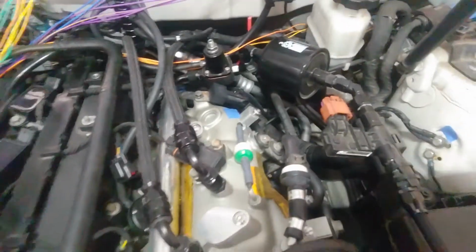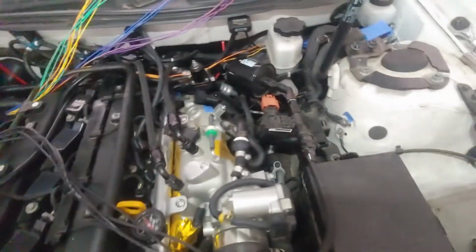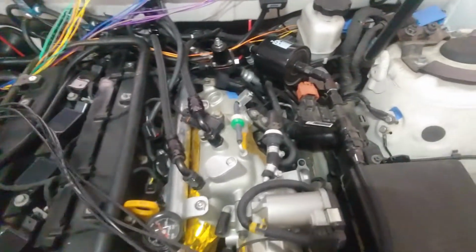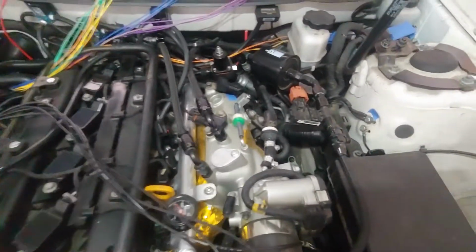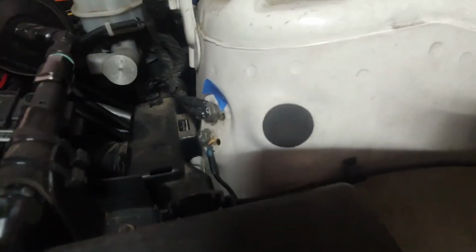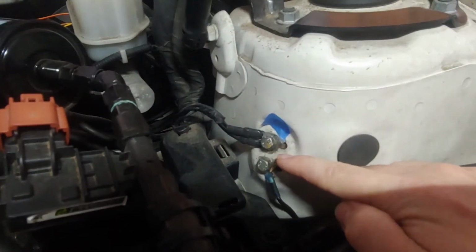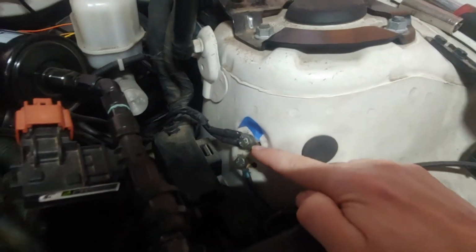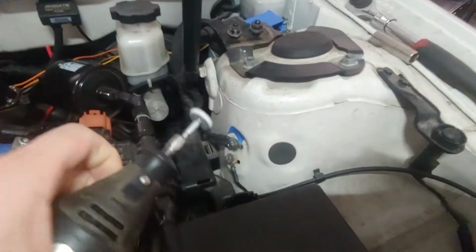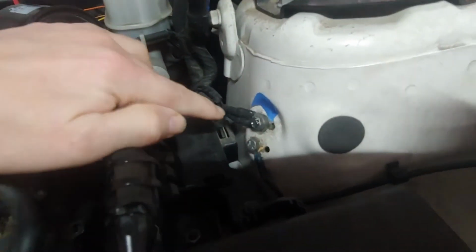So one thing that I have always told people on the Genesis Coupe is that the grounds are absolutely terrible. I've probably helped, I don't know, 5 or 6 people that have had various gremlins. If I can get close enough here, you'll be able to see that the reason this looks kind of weird is because I actually take these bolts out, and then I use kind of this hard buffing wheel on my Dremel,